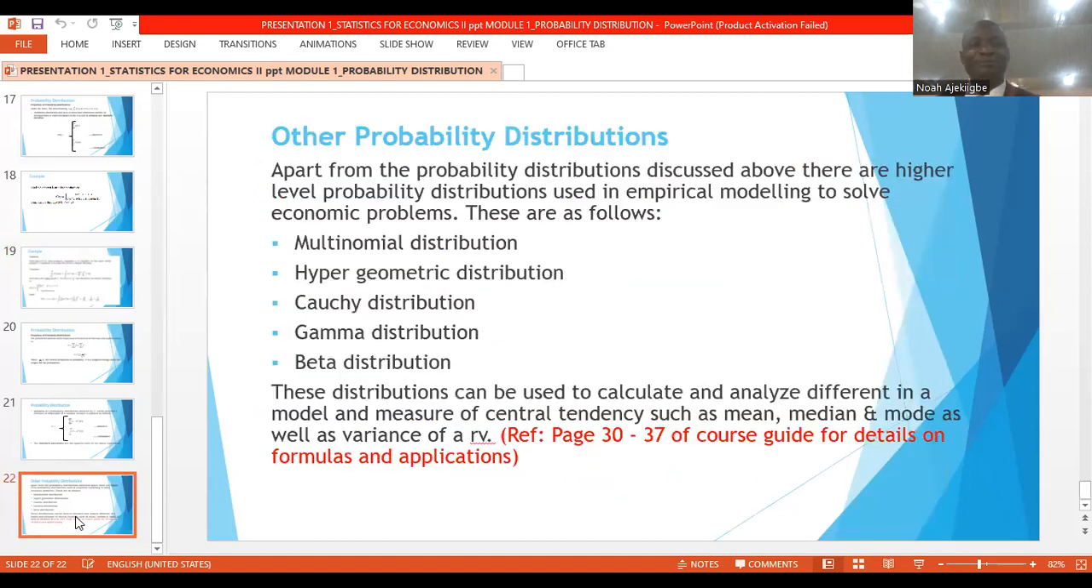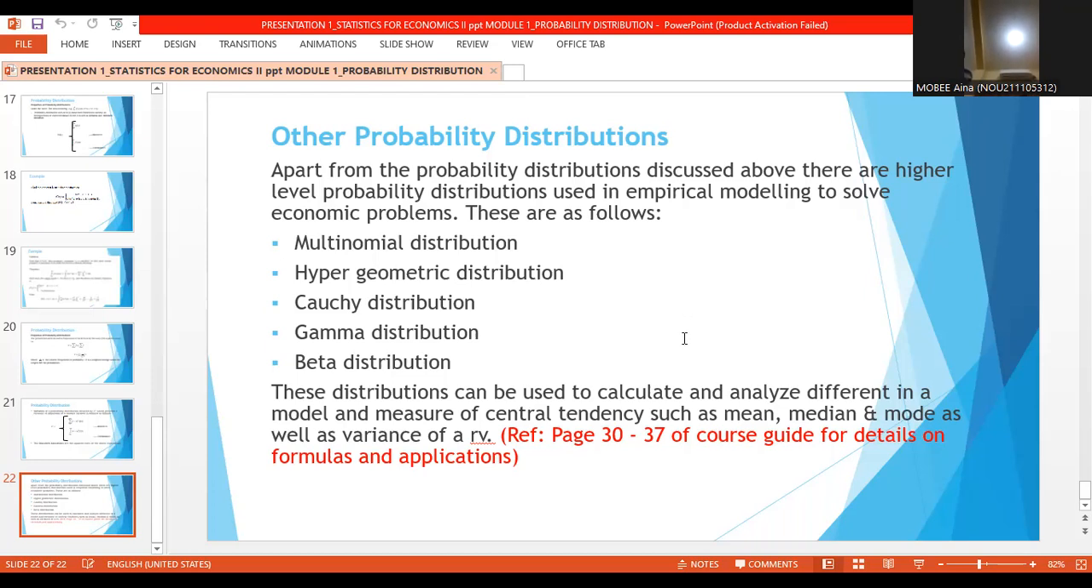Now, going forward, there are other probability distributions in the course of this study. As much as possible, I will try to ensure that I give you a preview of this. But with reference to page 30 to 37 of the course guide, you have the formulas and applications. Now, other probability distributions, apart from the continuous random variable and discrete random variable that I mentioned earlier on,